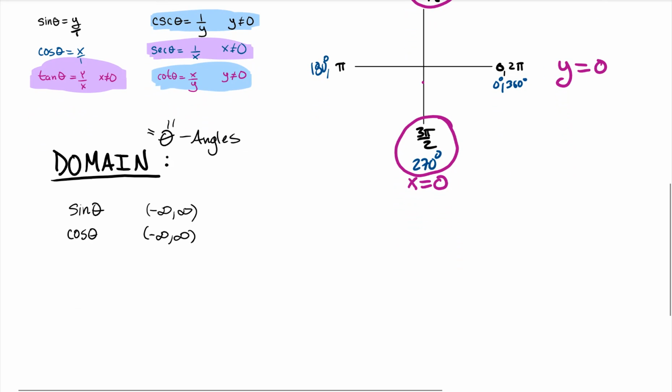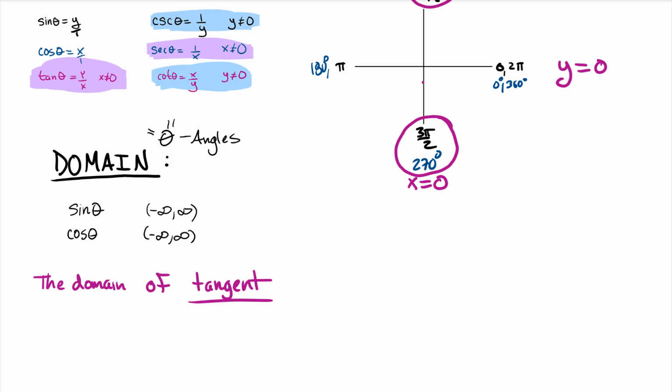So what we're going to say now, this gives you some weird thing. I'm going to write it out. The domain of tangent is everything except angles which equal pi over 2 plus a pi k. And you're like, what are you talking about? Pi over 2 plus pi k? Basically, we're saying